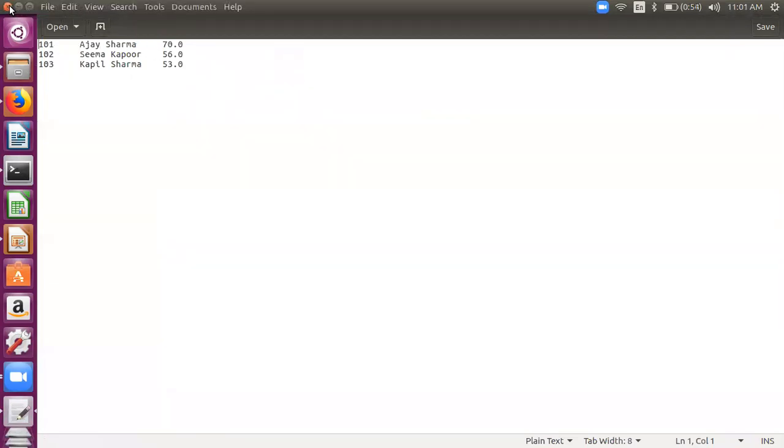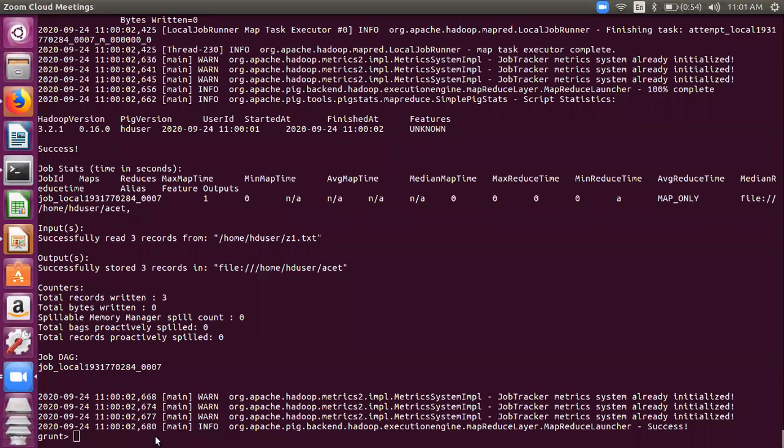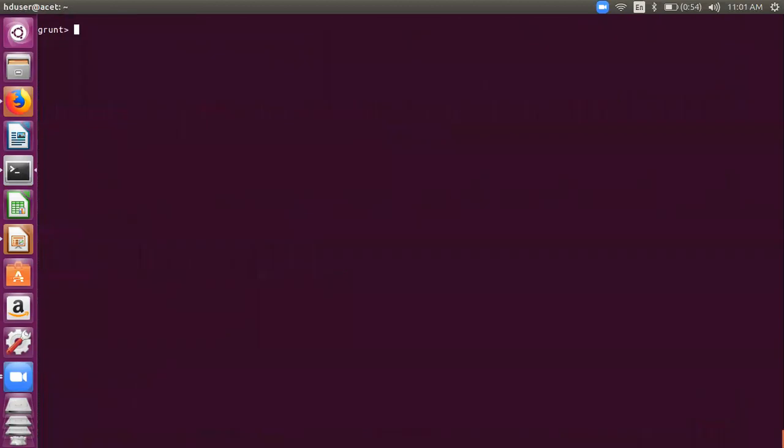That simply tells you that the store command that you just wrote, by default, stores the file in a tab separated way. If you wish to store it in some different format, you can use PigStorage here also. So now you are specifying that store the file using commas as the separators.